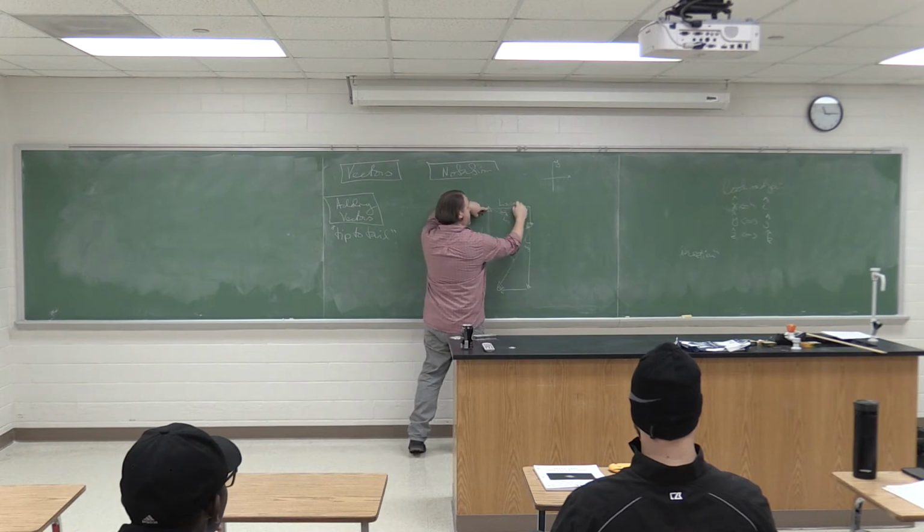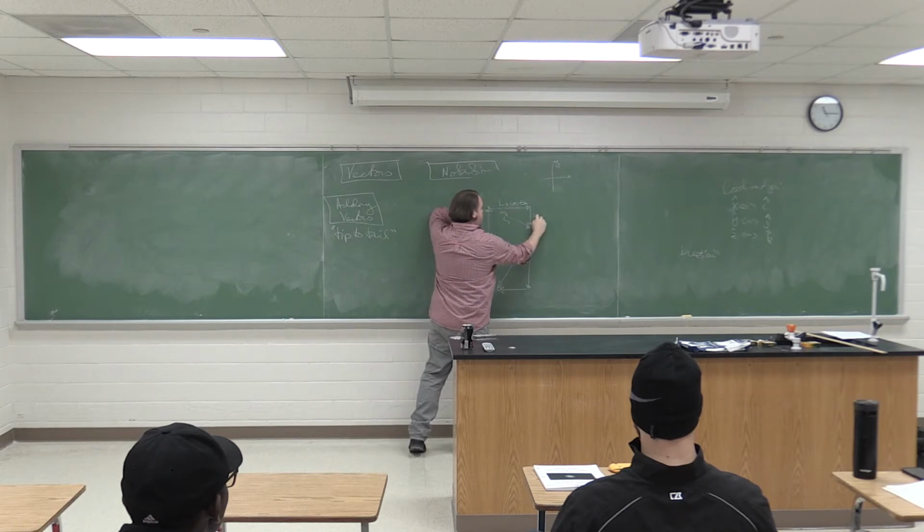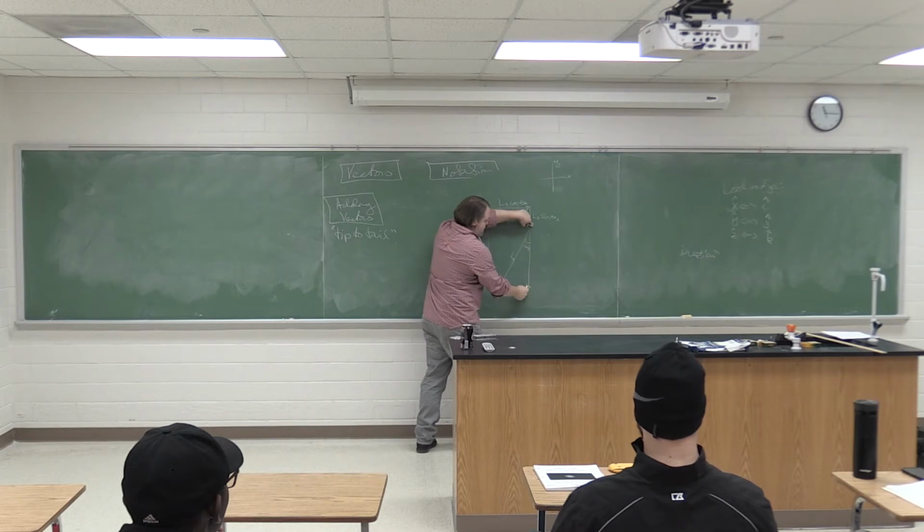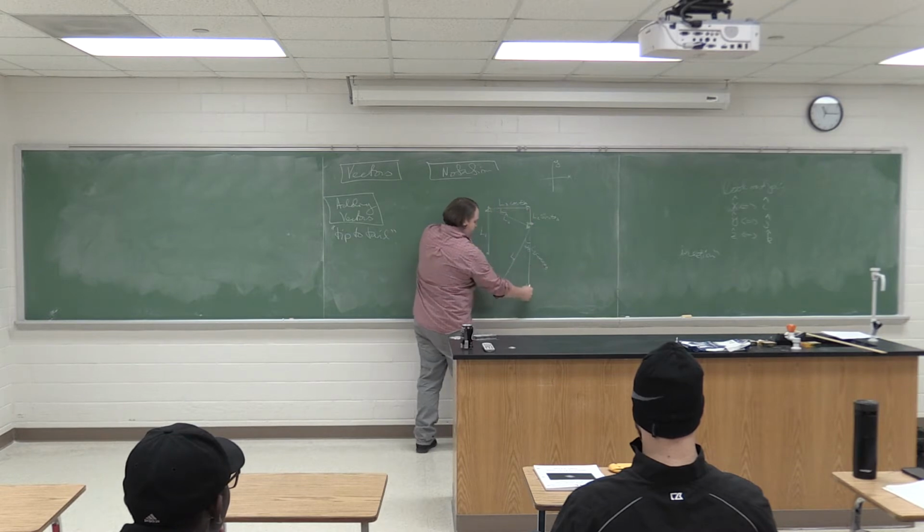Cosine, yeah, it's close to the angle there. Cos theta A. This one, that's opposite from the angle. That's right, that would be L2 sine theta A. This one, which one is that again? Cosine. Cosine is close to the angle, good. So L3 cos theta B, and this one,